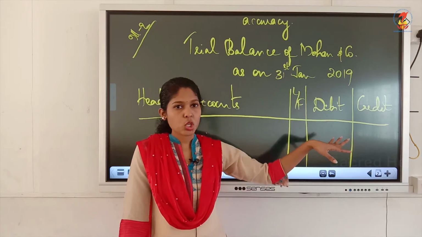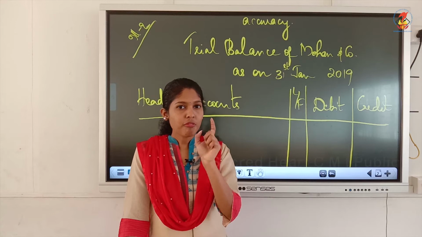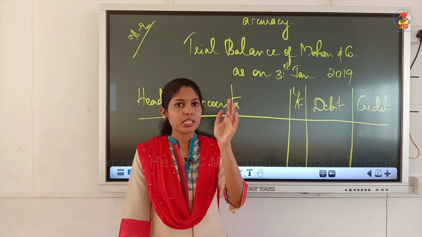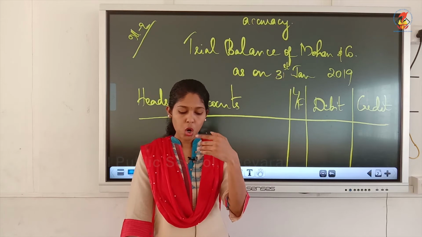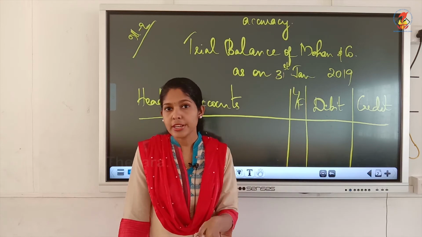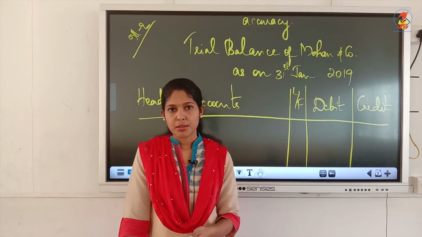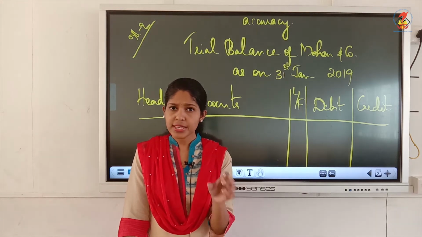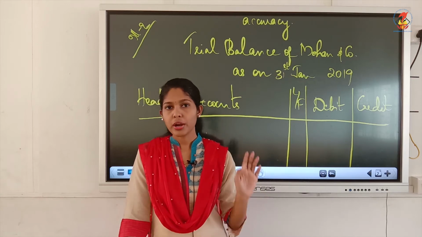The next question is in which column we have to write. So you have to always see on which side the brought down figure is written. You have to be very careful about that. Here in this question, brought down figure is written on the debit side. So this cash is having a debit balance, that we already know, isn't it? Because cash is an asset. Assets will be normally having a debit balance, that we know already. But you can look into the ledger and do. So always see whether brought down figure appears on the debit side or on the credit side. Accordingly you have to write.